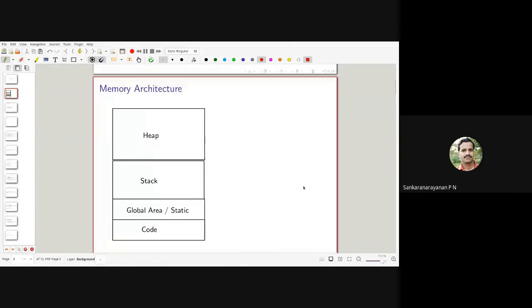When a program is running, the total memory can be divided into these things. One area is called code, where the program instructions are stored, not exactly the high level language, it will be machine language.